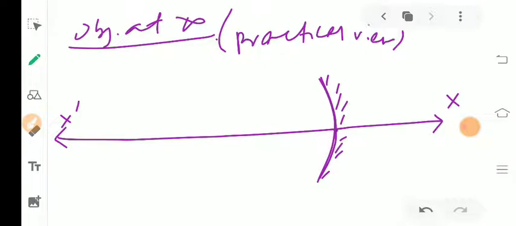Whenever you are drawing, keep in mind that this point will be the pole, which is the center of the concave mirror, at the middle, so the upper half must be equal to the lower half. After this, taking either 2 cm or 3 cm, suppose you take 3 cm from the pole, this distance is f. Then again by taking the same 3 cm, you take the center of curvature. This distance is not required, so you omit that distance. Now we are ready to draw the ray diagram.